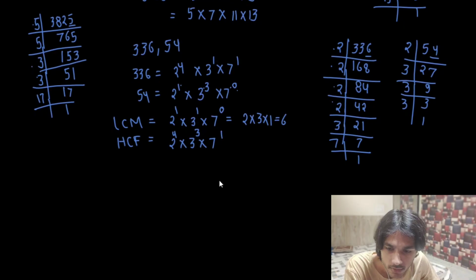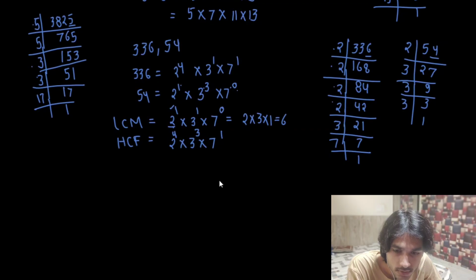You see, if I'm taking LCM and HCF among only two numbers, if I have chosen one of them for the LCM, there's only one choice for the power of that prime number in HCF, and that would be the other one. If I have chosen 4, then there's only one choice, 1, among these two. If I have chosen 3, there's only one choice remaining for HCF, 1. If I have chosen 1, there is only one choice remaining, 0. So this is equal to